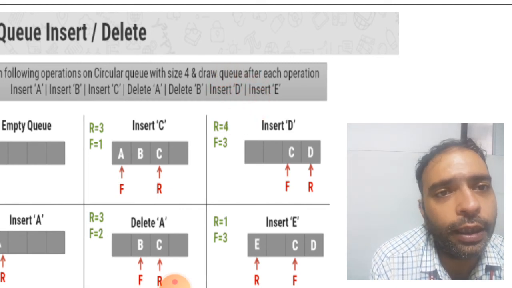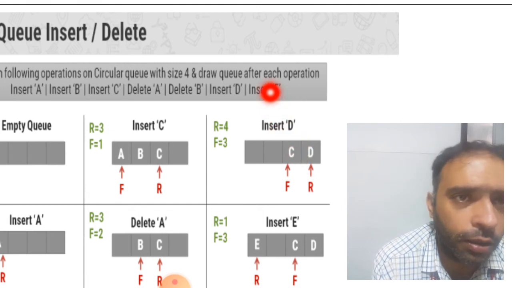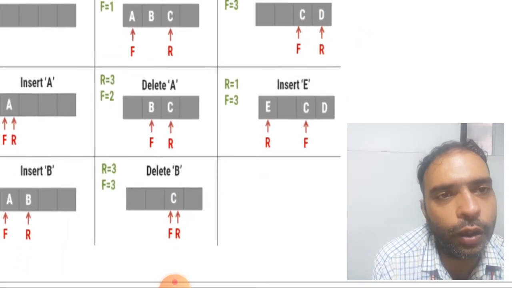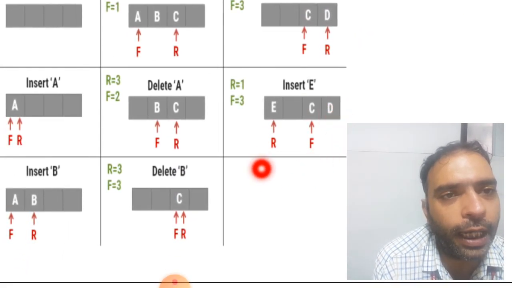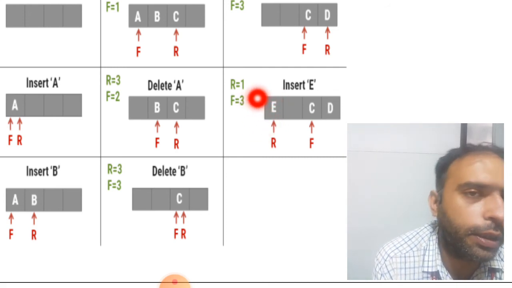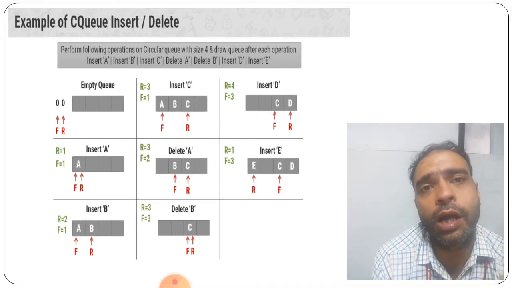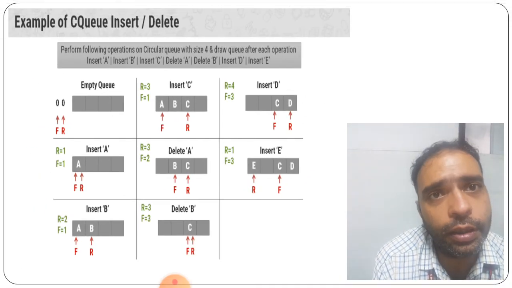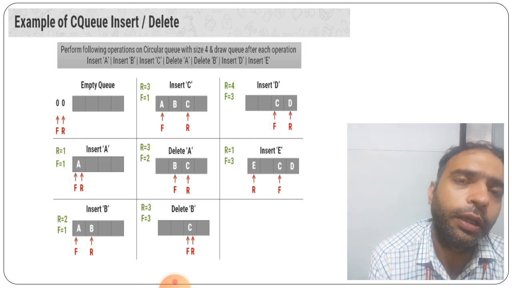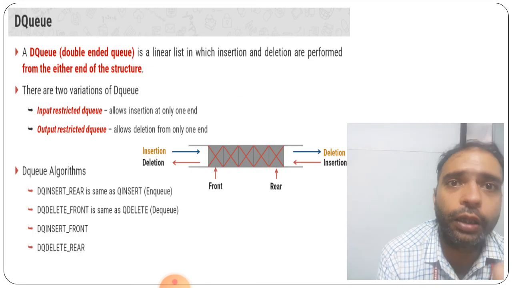अब इंसर्ट D कर रहे हैं तो अब रेयर पार्ट में इंक्रीमेंट होगा तो D वहाँ पे नेक्स्ट में इंसर्ट हो जाएगा. E को इंसर्ट करना है तो सर्कुलर फैशन है, तो इसमें D के बाद डायरेक्टली वो फर्स्ट पोजीशन चेक करेगा whether it is empty or not, उसमें इंसर्ट कर सकता है R इज इक्वल टू 1 में, राइट. So now this is how the circular Q is done for the insertion and deletion is done in this circular Q.